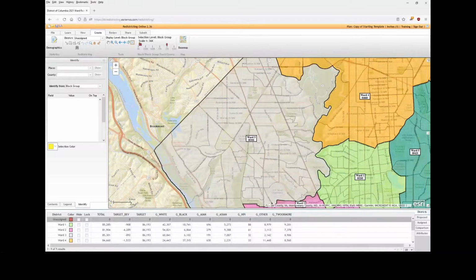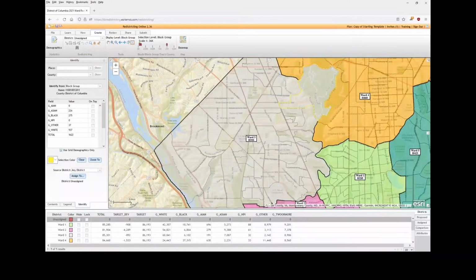And then when you click on the map, it highlights the census geography that you've clicked on in yellow, and it shows you the demographics for that individual geography. By default, this checkbox here that says use grid demographics only may not be checked. If that's the case, the application shows you every single demographic variable it has in its database. If that's what you'd like,